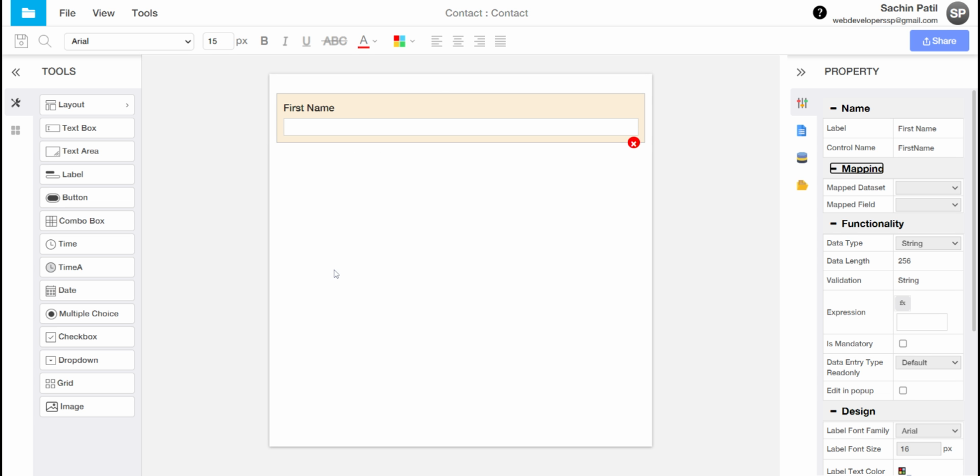Because it's a wizard mode, we are providing wizard mode that automatically creates the database structure, SQL, all the things together. Even the mapping will be there automatically. So you cannot change this one. That is automatically created. The mapping will be there automatically.